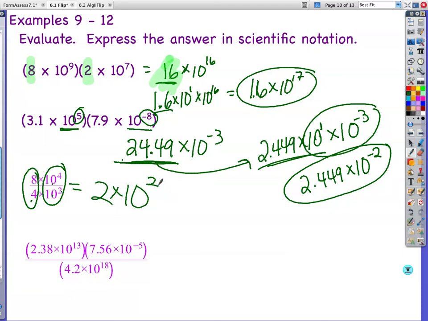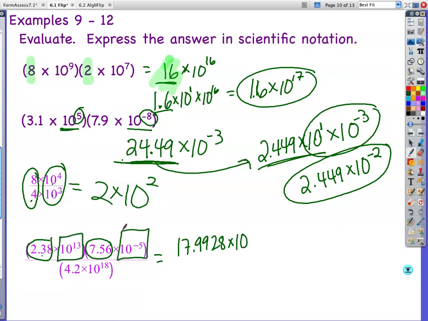Okay, let's do it one more time. This is a little bit more with the book ones. And once again, I think if you have something like this, you'll probably use your calculator. And we're going to start off with just doing kind of the same process. Okay, so 2.38 times 7.56 is 17.9928 times 10, and then once again I look at this, and this I'm multiplying with like bases, so I